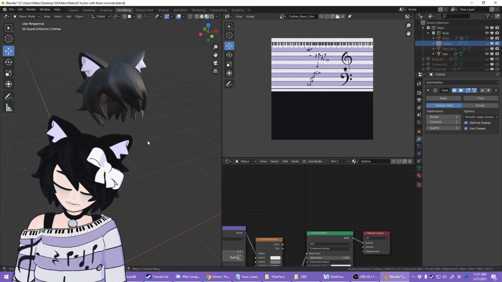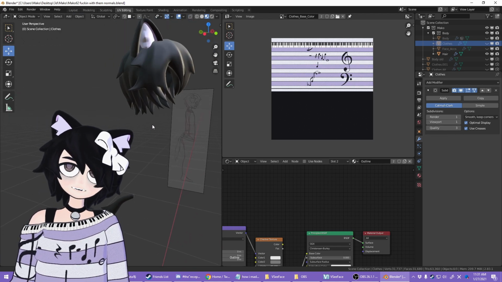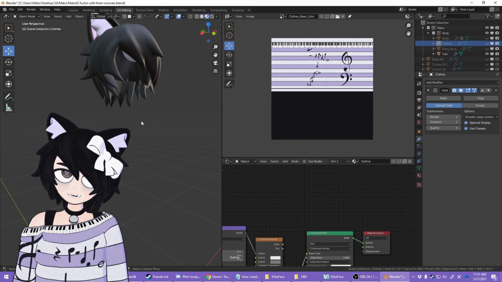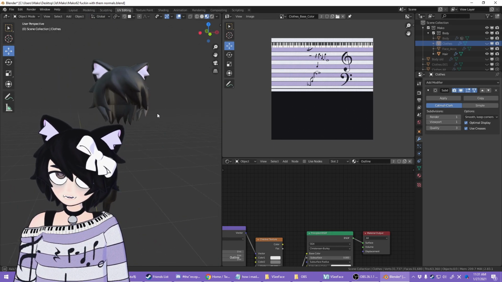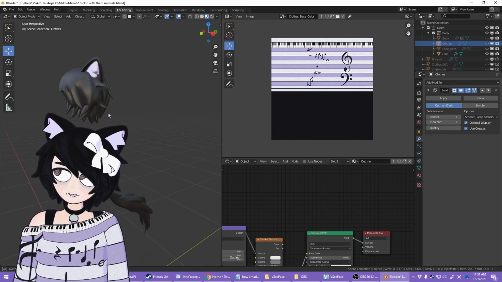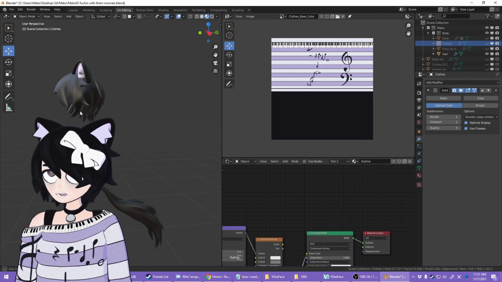I will let you decide how to best merge things in a way that ensures the merged meshes will be sharing the same type of material. Most likely for most of you, you won't have to worry too much about that unless you're planning on doing something fancy, like I said, with transparency or only having outlines in certain parts of the model.